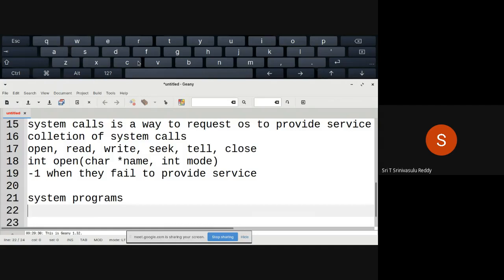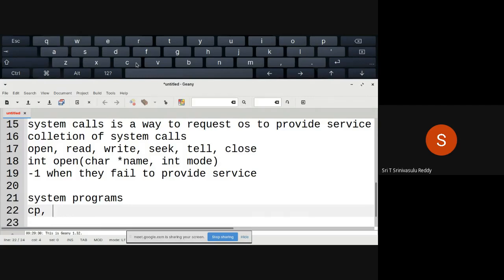Some of the standard system programs are, for example, on the Linux platform. Most of the basic commands, for example, when you want to copy a file, it is a system program. It is provided as a part of the operating system. There are so many programs. You see, system calls cannot directly be used by the users. They can be used while writing programs. But system programs can be directly used by running them.